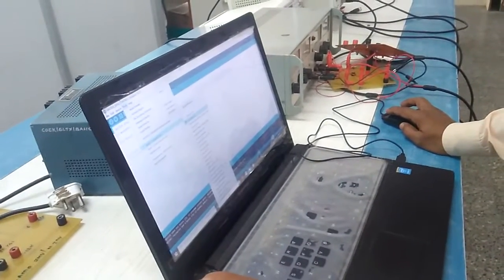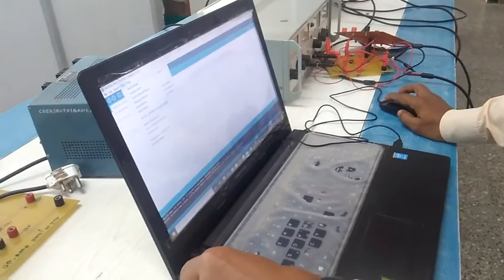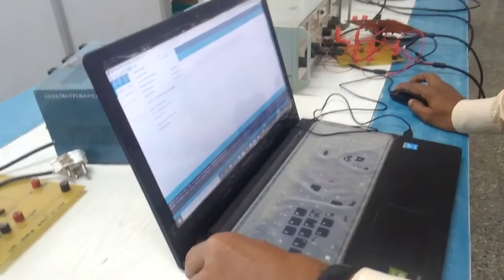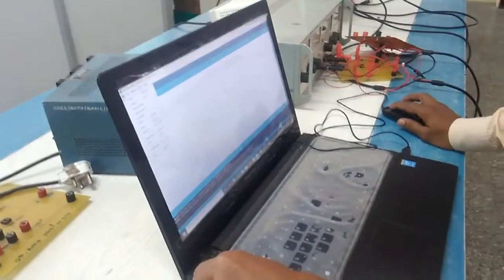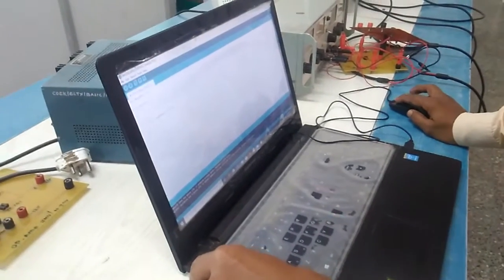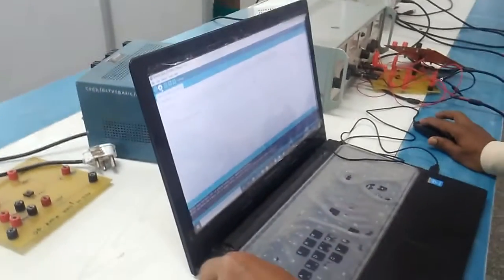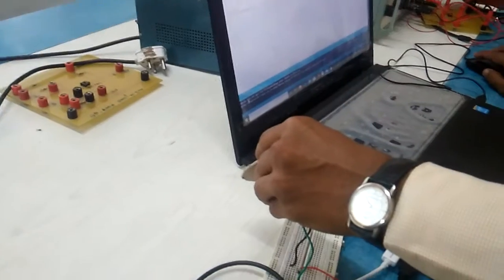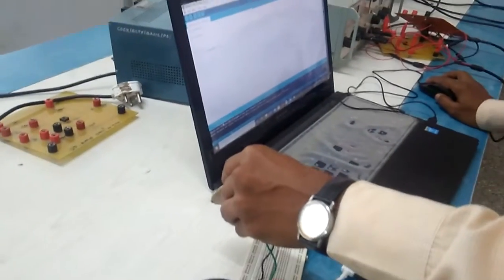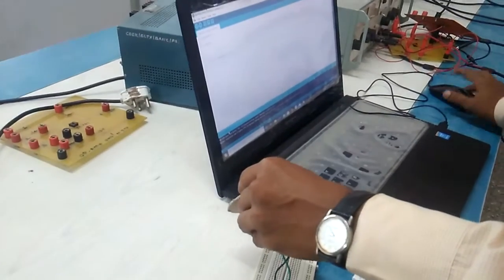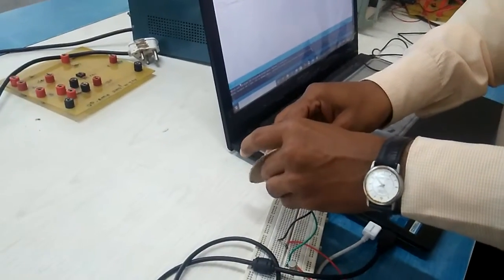Here by default the Arduino board is there, therefore no need to make changes. Then check for the port. Here COM port 4 is available, therefore no need to change. Then go to upload. Use this upload button, and after clicking on it you will see below that uploading is done. Once the uploading is done, your circuit starts working.